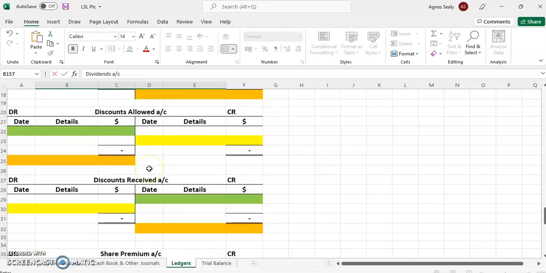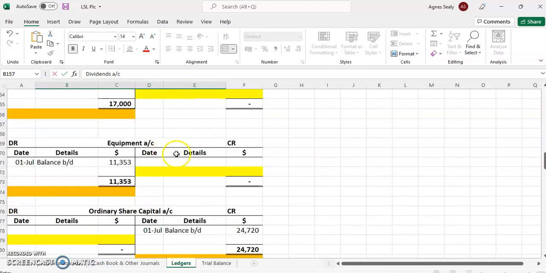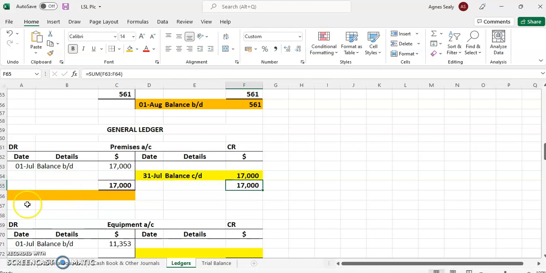So what we're going to do is enter all the transactions in these accounts. We would have already entered our transactions for premises, and there were no more transactions relating to premises. There were no sales, no purchases. So that balance remains the same at July 31st. So then on August 1st,